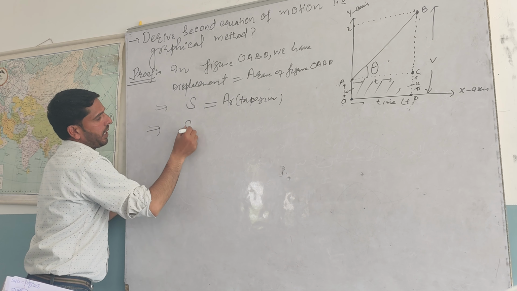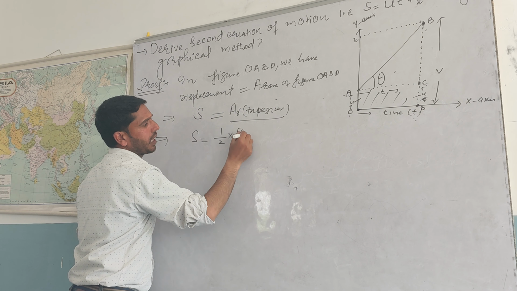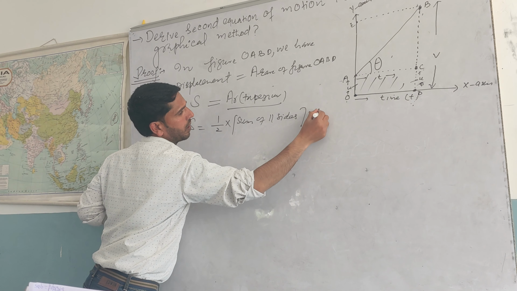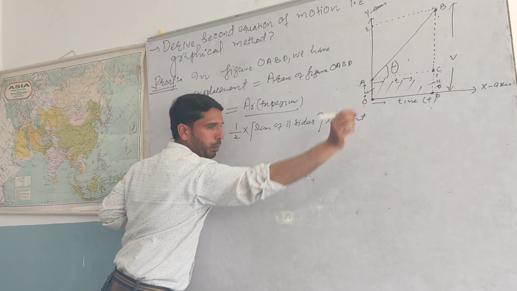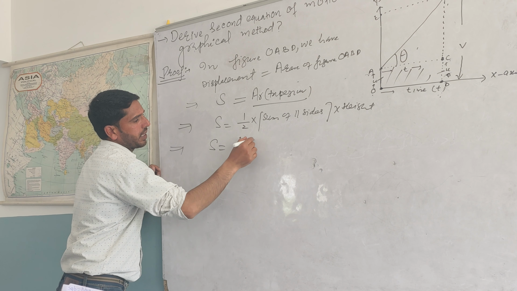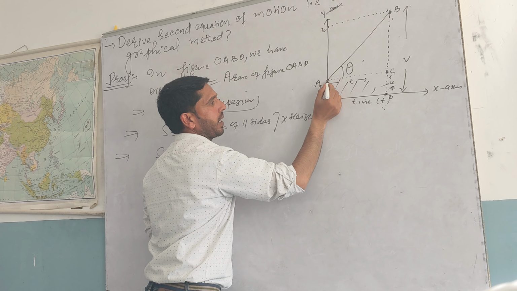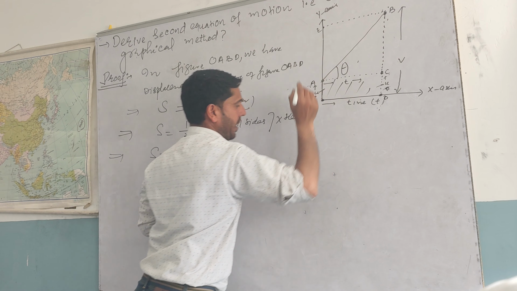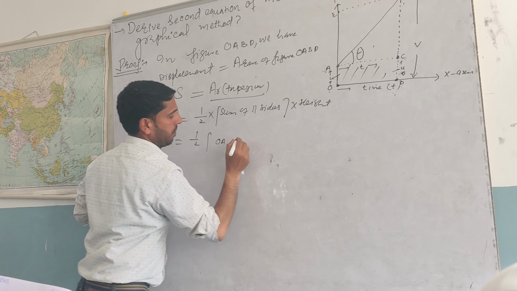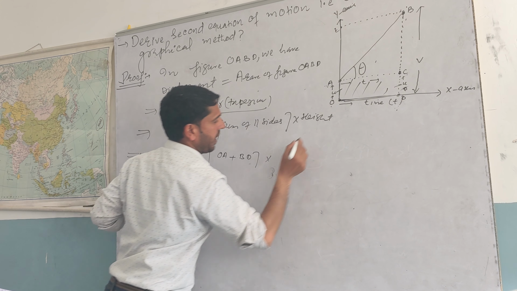So we will write it like this. S is equal to the area of trapezium, formula: 1/2 sum of parallel sides into height. You can write here into perpendicular or altitude. Sum of parallel sides means you have to find from this figure which side is parallel to which side. Since this side is parallel to this whole side, I may write here OA plus BD into height. This side is taken as height, into OD.